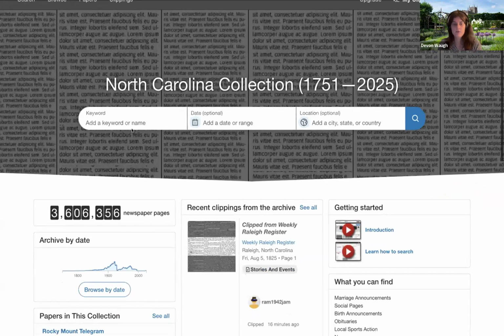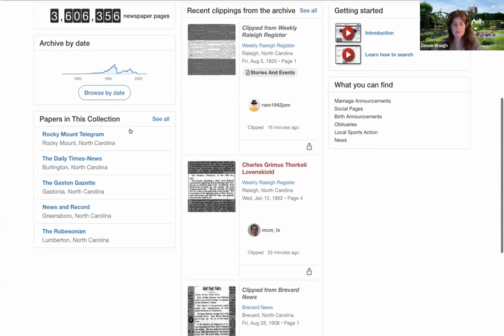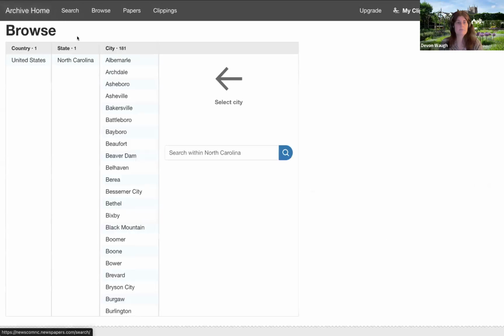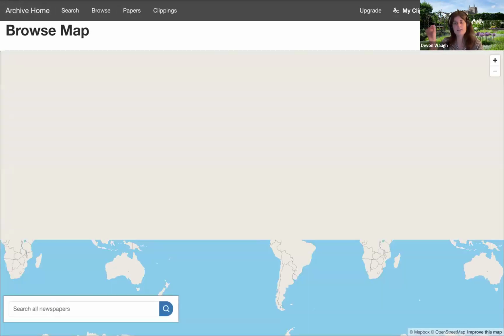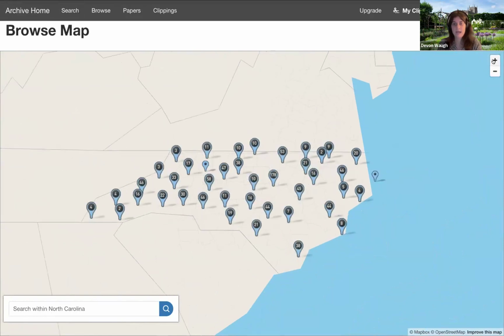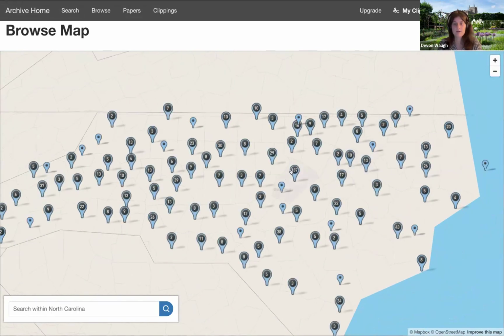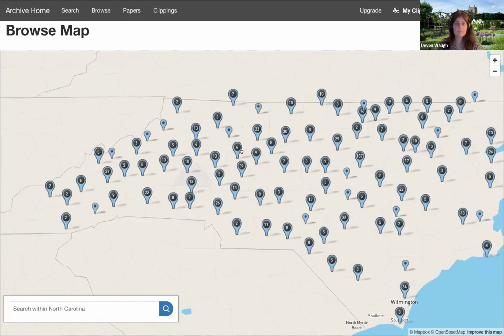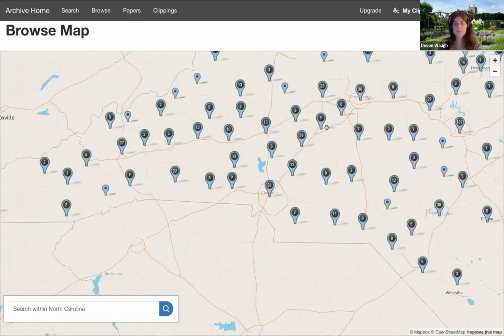Go back to the archive home. You can browse by date. They might have removed that map feature. Nope. If you go to browse and then you see browse by map, it's kind of hidden. You can zoom out and see this map-based view of the newspapers. So this is nice if you want to get that bird's eye look and then see what's available